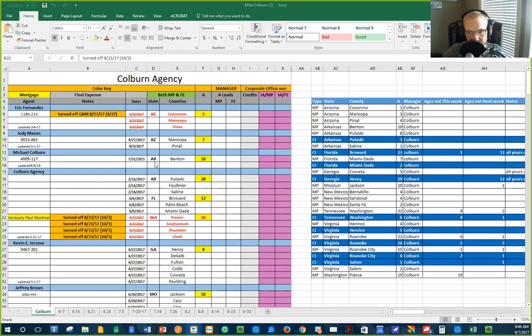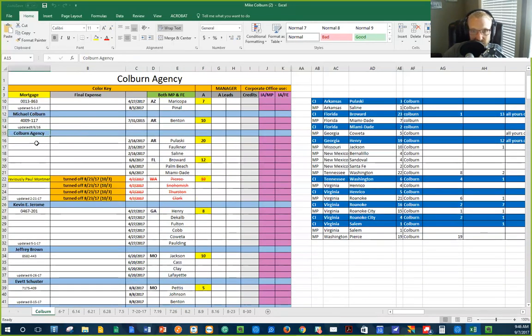But you can see, this is the number of leads that are supposed to come in. They're mailing for 7 leads in these 2 counties. They're mailing for 10 leads. This is my lead order: 10 leads in Benton County. I have agency GMRs turned on